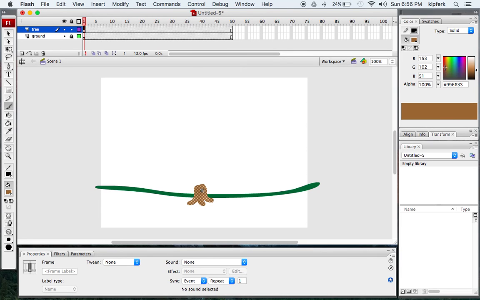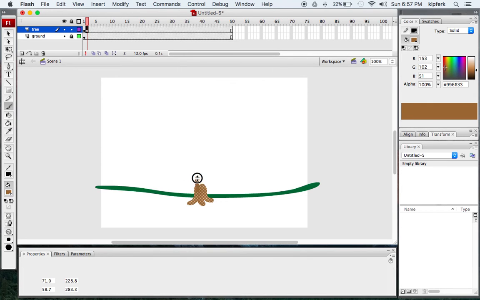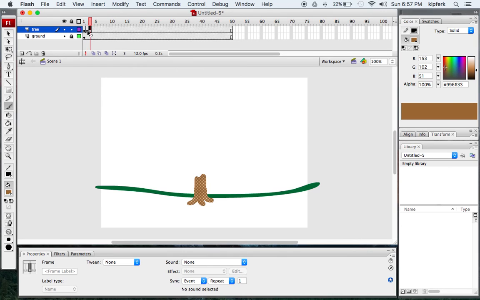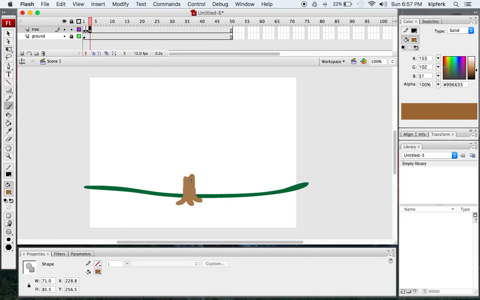And what I'm going to do is go to the next frame by pressing F6. F6 is going to leave the part of the tree that I've already drawn in the last frame. Unlike our stickman animation, where we were pressing F7 in order to see where our stickman was before, this time we won't really need that. We actually want to see the results before, because we want the animation that we drew before to still be present on your stage. So I'm just going to keep pressing F6 and then drawing the tree